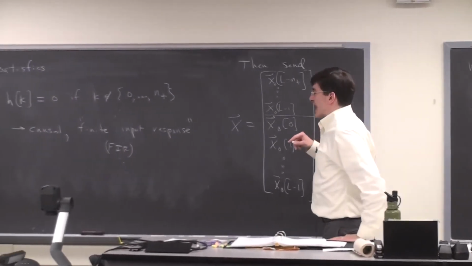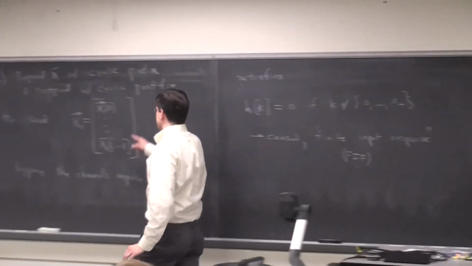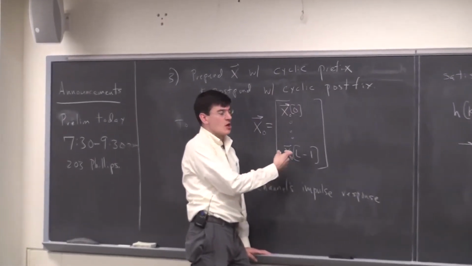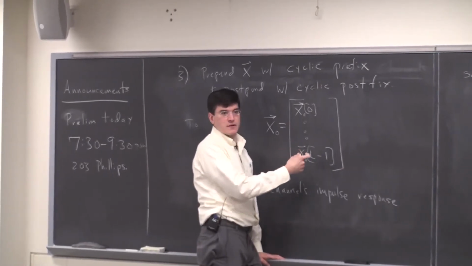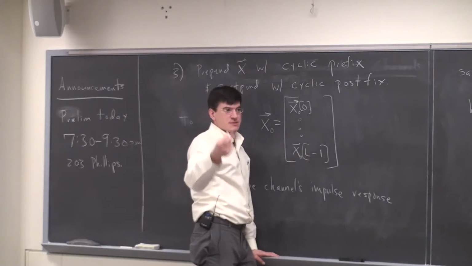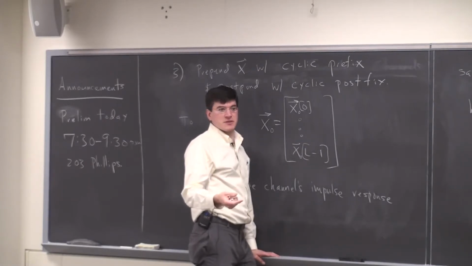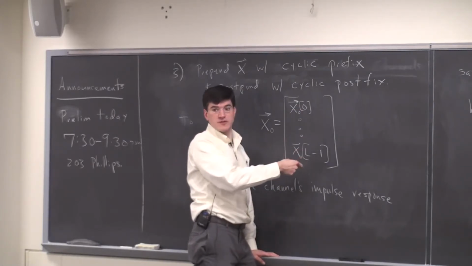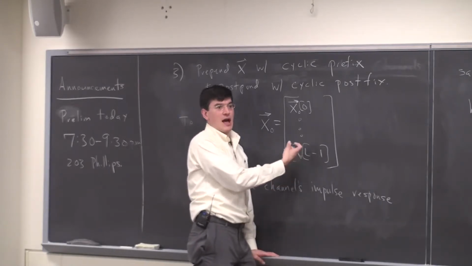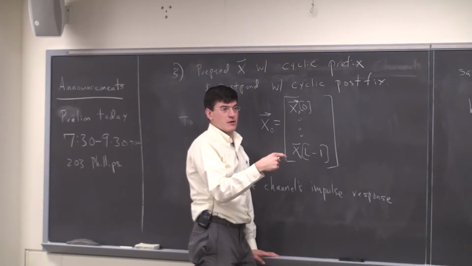So one question is how to choose L. Like, how many samples should I use here? There's a trade-off. If you make L too big, then you're into that big N situation that we were dismissing before. The channel starts varying over the course of your transmission, for instance, and that causes trouble. So you don't want L to be too big. On the other hand, you don't want L to be too small either.